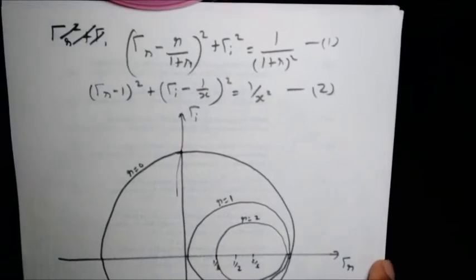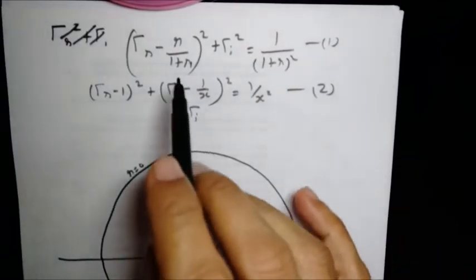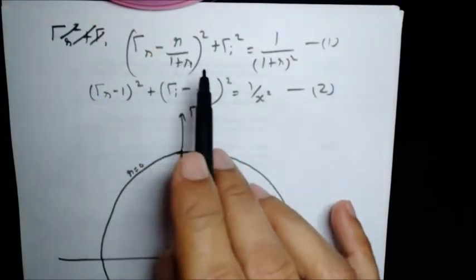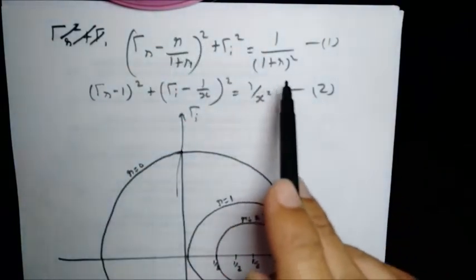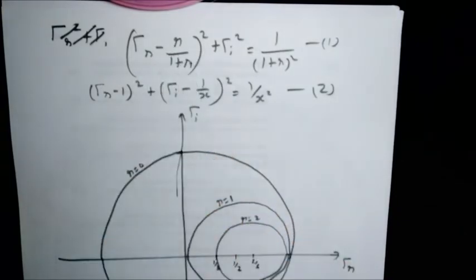Similarly, for r is equal to 0.5, we'll just plot one more. R is equal to 0.5. It will be having its origin at 1 by 3, 0. So r is equal to 0.5, that will be 0.5 by 1.5. 0.5 by 1.5 is 1 by 3. So the origin is here, and the radius is 1 by 1.5. That will be 2 by 3 is the radius. So this is 2 by 3.